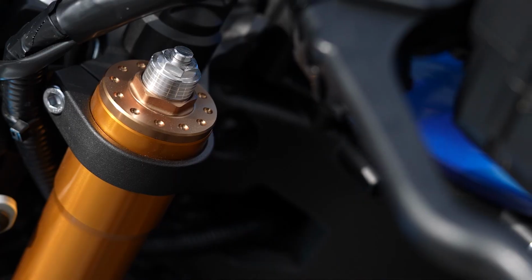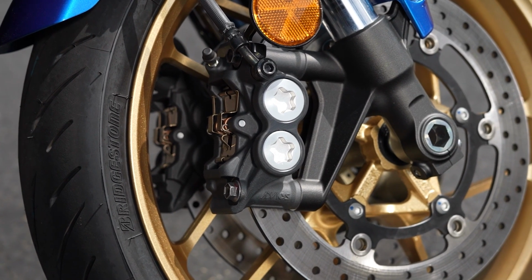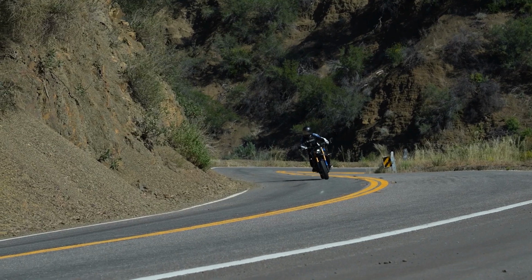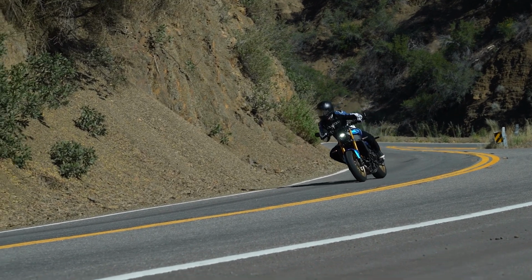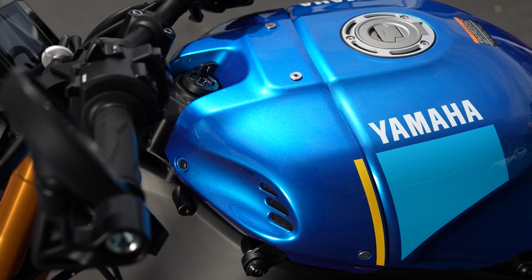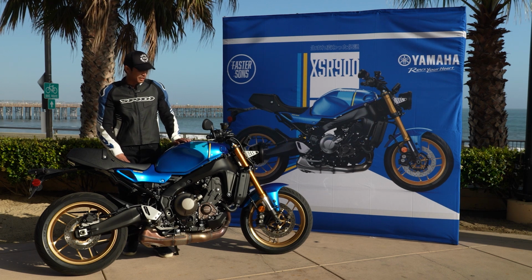So we usually don't comment on styling for most bikes, but I think it's worth noting for this one. There's a big departure from what they've done in the past with the cafe racer style aesthetics. Now they've moved toward an 80s GP style, which really suits the lines of this bike, and it looks great in pictures and it looks even better in person. I really love some of the details that you may not be able to notice, like some of the grille lines up here, some of the little details here, and also just this really cool GP style seat pan. We really like what they're doing with this one, especially at a